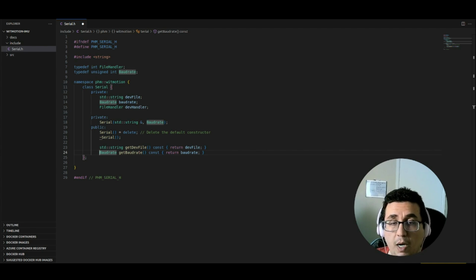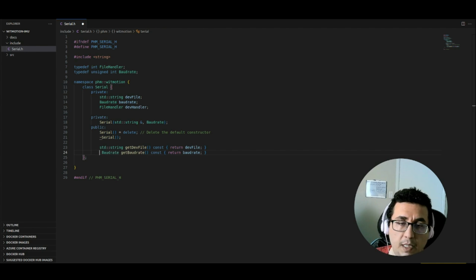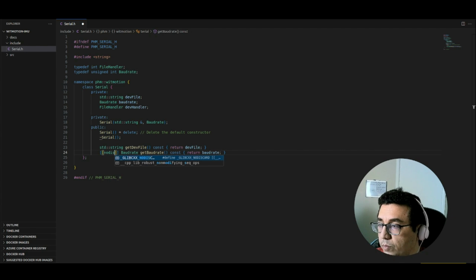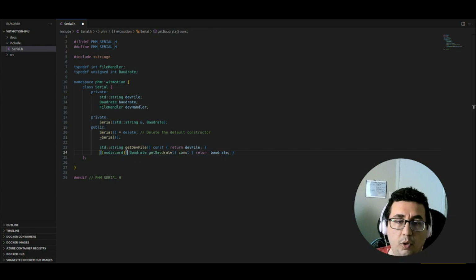And also some of the compilers are gonna actually raise a warning if the user doesn't assign the output of your method to any variable, something like that. And you can use that by using the nodiscard flag. So I'm adding that,